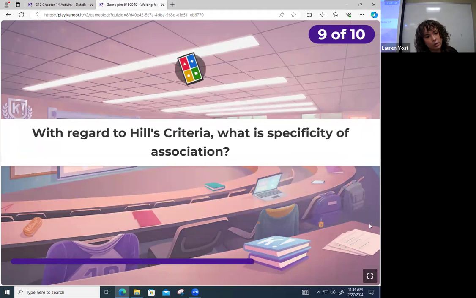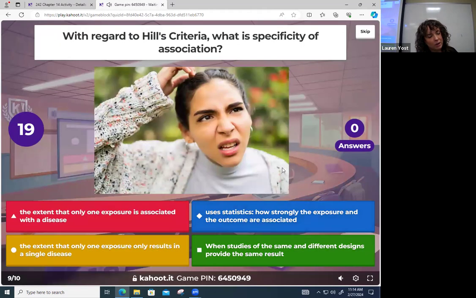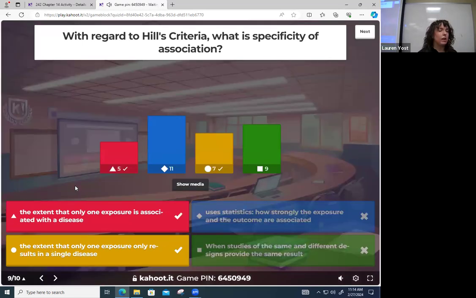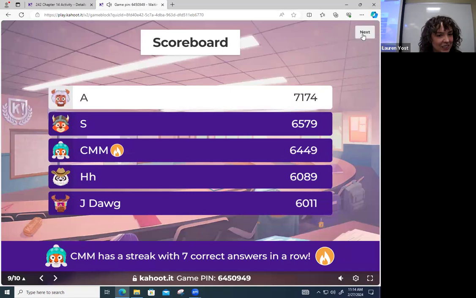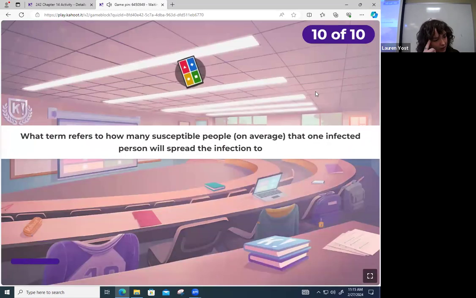Okay, we didn't study Hill's criteria, okay? We aren't doing that one. FYI, cut that out of our lecture. Sorry. But surprise, if you guys want to try to guess it, you can. The answers sound exactly the same to me. Okay, so it ends up happening to be the red and the yellow. It doesn't matter what it means because I'm not going to test you on it. Forgot to take it out of there.